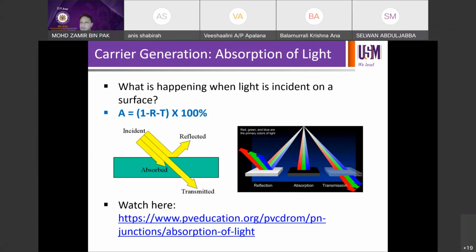They're going to see another interface where they travel out of silicon into the air, and there'll be some interfacial reflection as well. We call that interfacial reflection because the reflection happens at the interface between two neighboring media, right? And the photons or light that's not reflected off the interface will be absorbed, and that depends